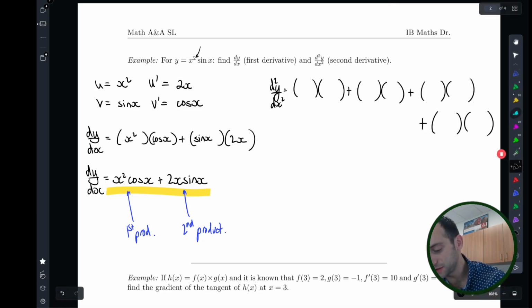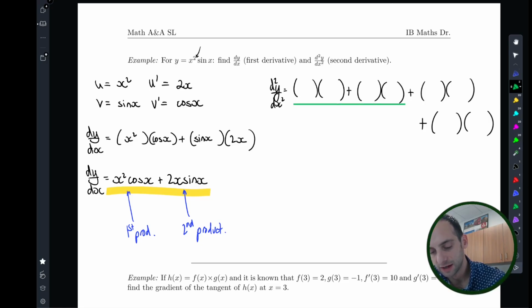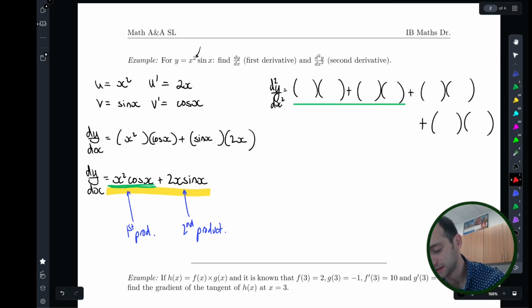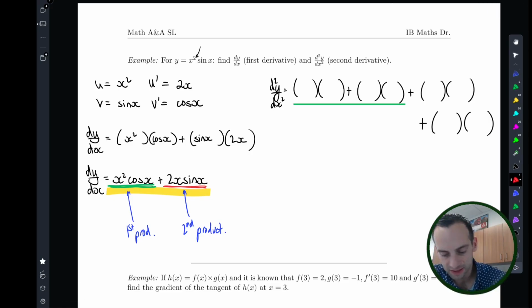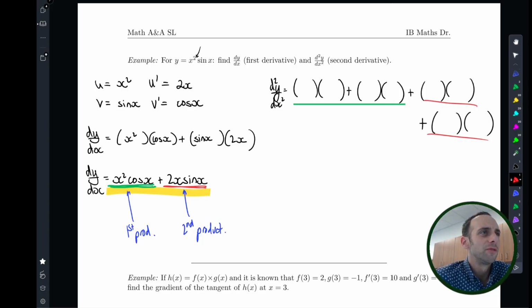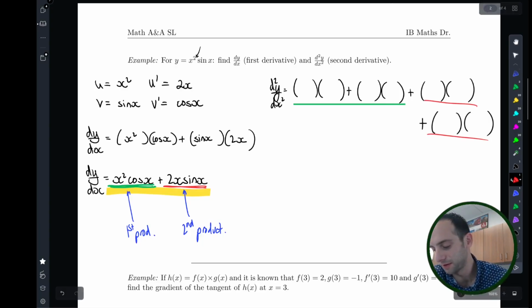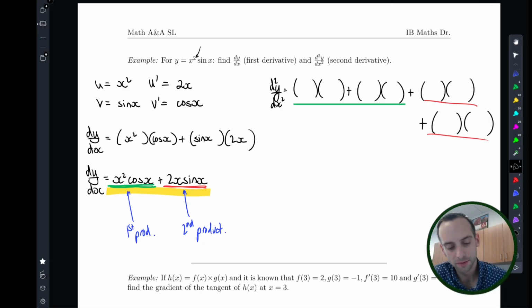Okay? So the first two sets of 2, I'll underline them in green, those guys are going to come from the derivative of x squared cosine x. The next two parentheses, two sets of 2, underlined in red, those are going to come from the derivative of 2x sine x. So starting with the green one, we'll take the derivative of the first function, that's